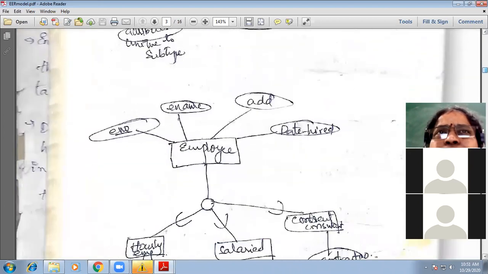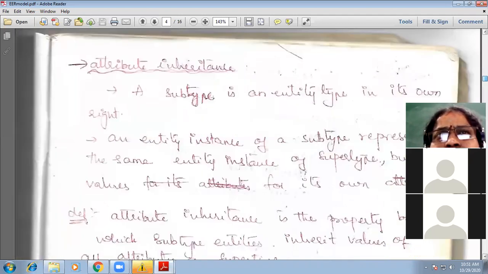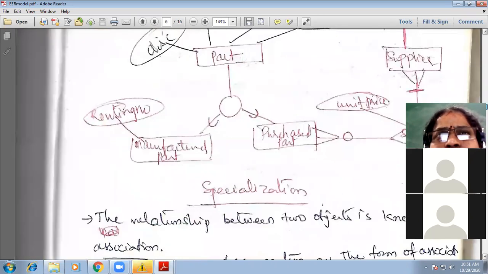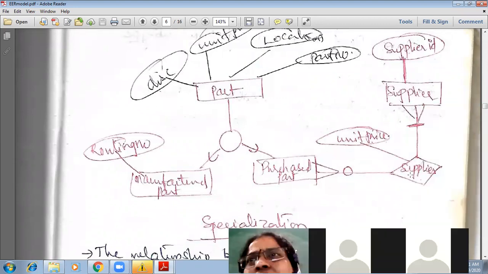See this example: purchased part is supplied by supplier.